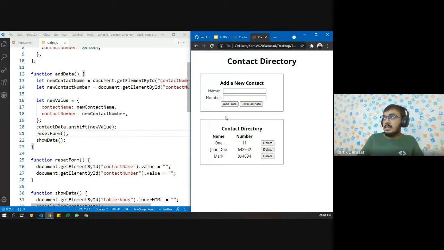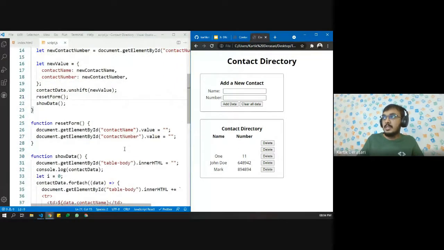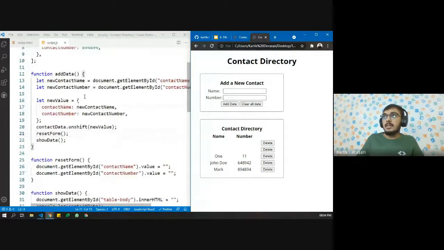What is the next thing? We can also add empty values, and we don't want to have such a condition. So what we will do is simply add an if and else.